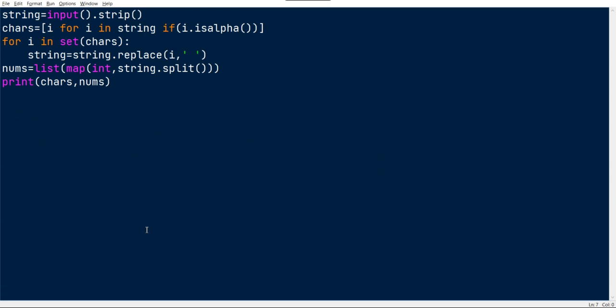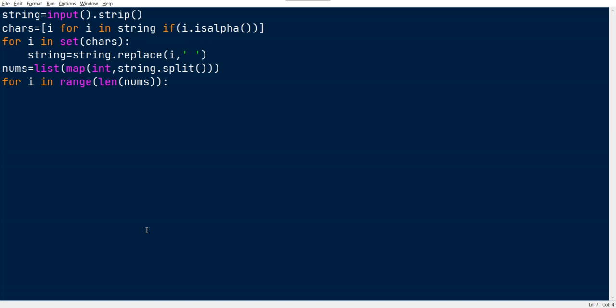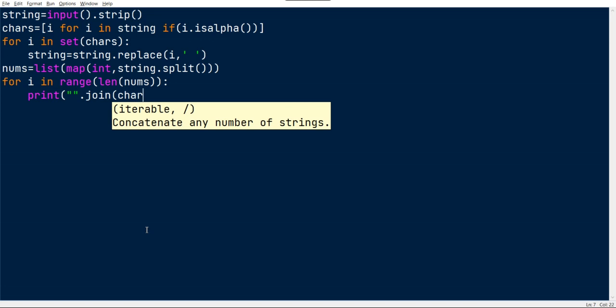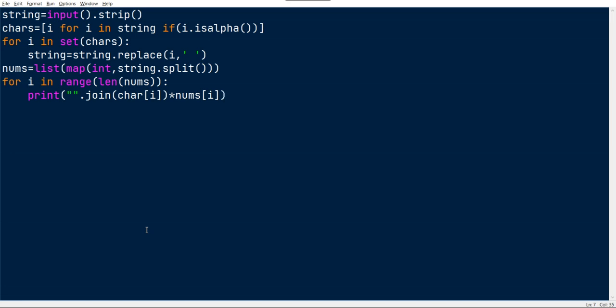Now we just need to print the characters n times. For i in range of len of nums, or even characters, both should be the same. We print the join of characters from the current index, multiplied by the current number.